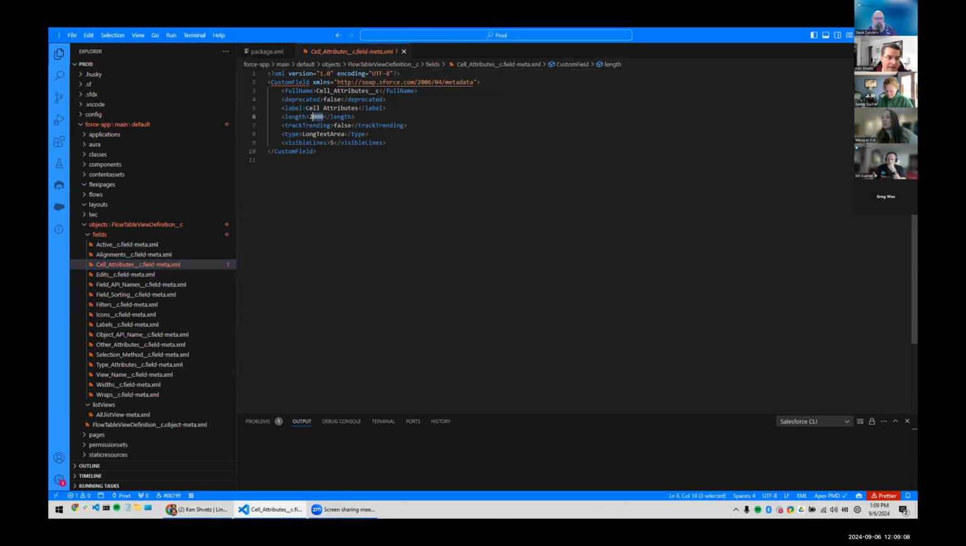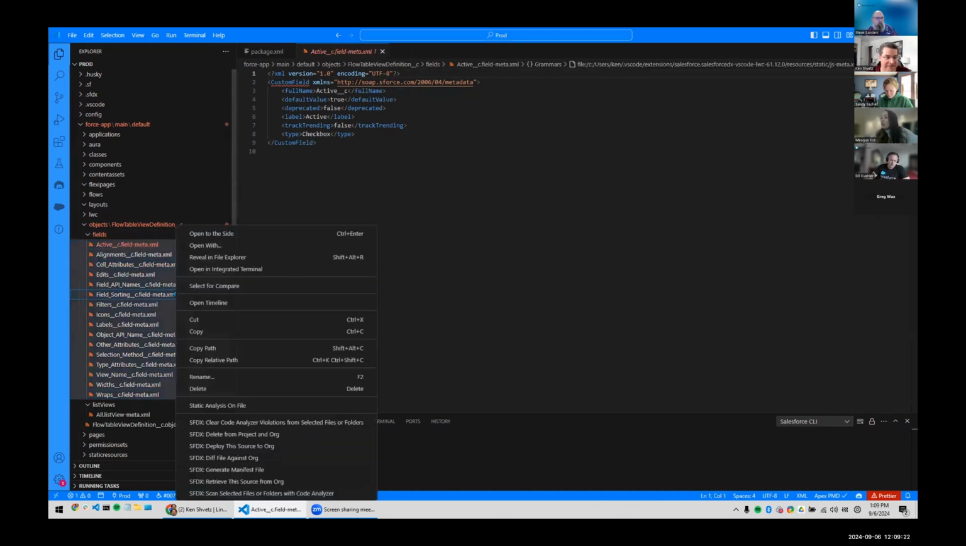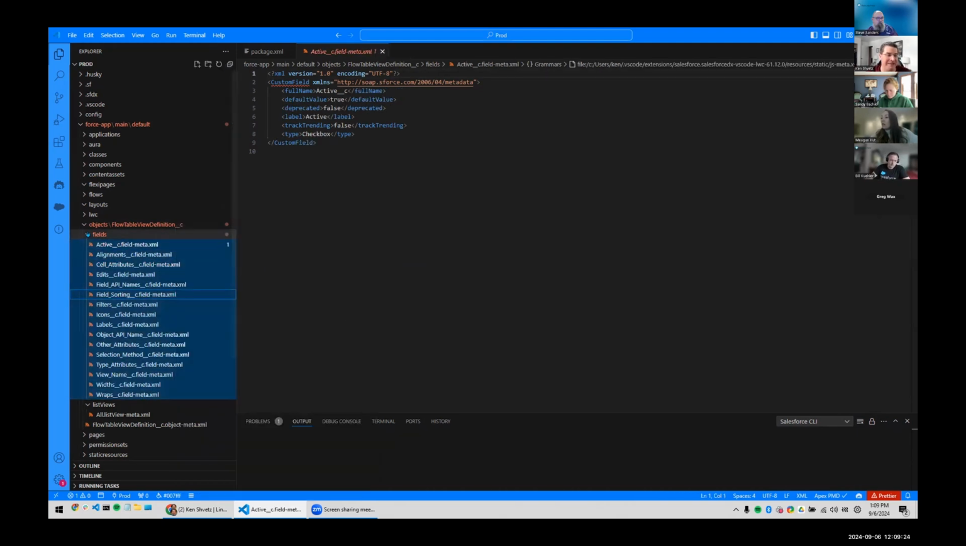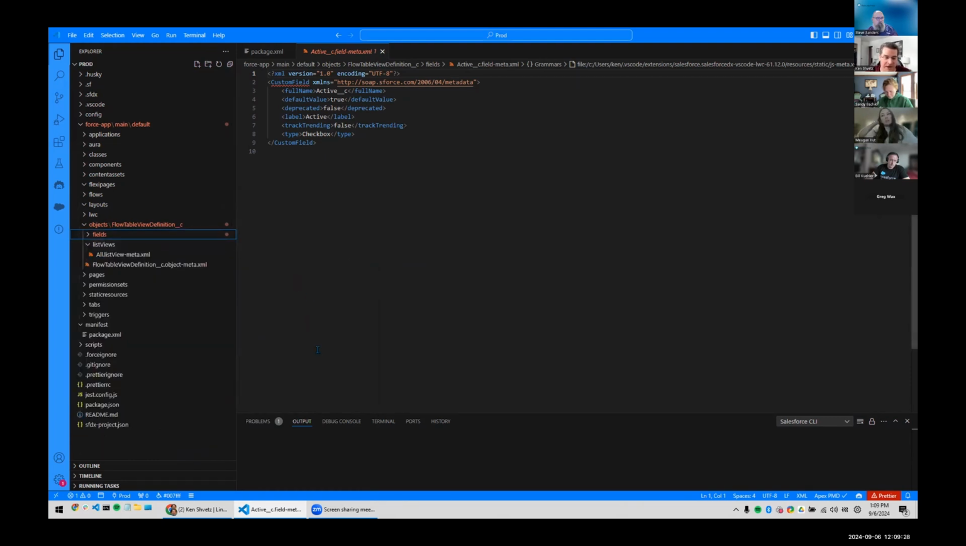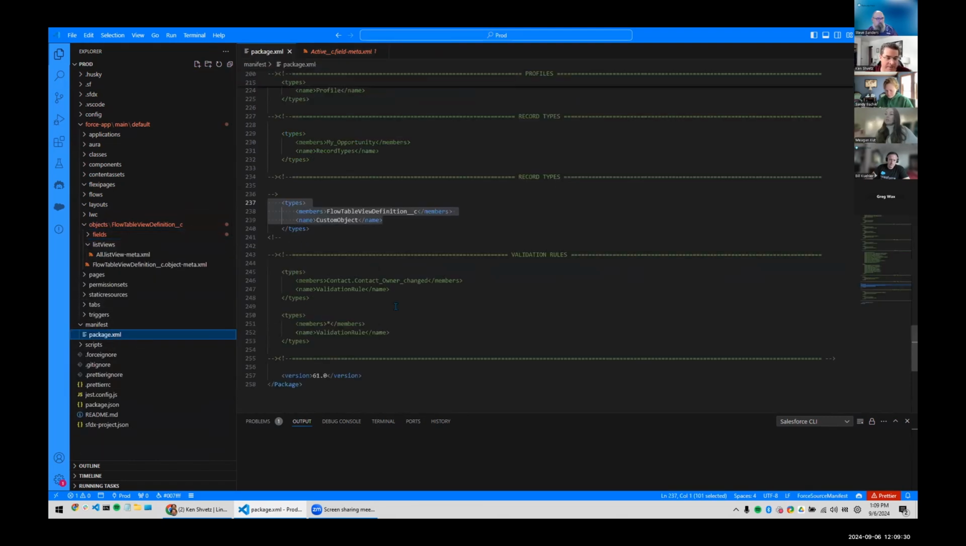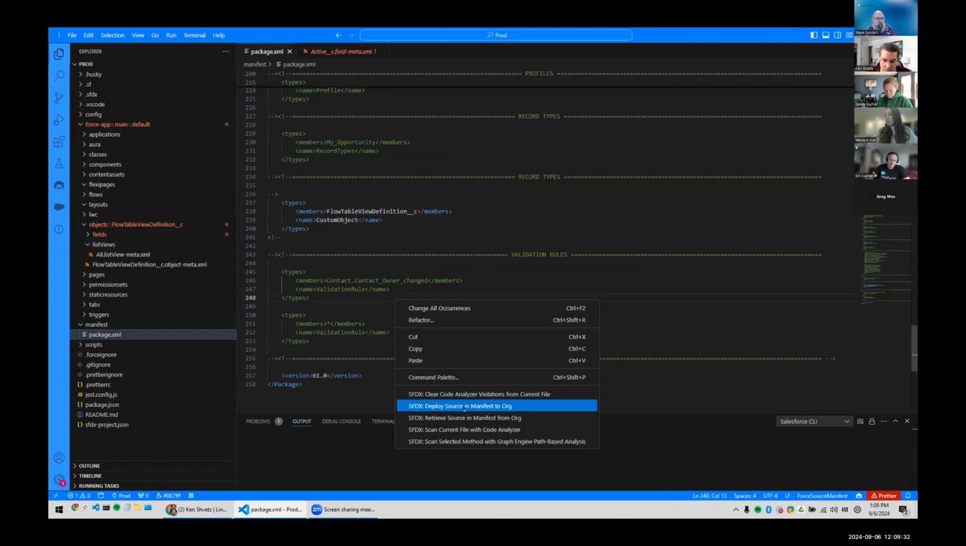I had to change the length of the field, and I had to change it from text area, or I think text, to text area long, and visible lines to 5. So literally you can even do a search and replace in here and just do all these. So you can imagine how much of a time saver this is versus trying to do this in the UI. And you literally just go back to your package, right click, deploy to